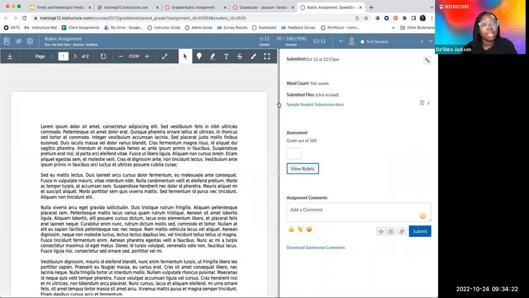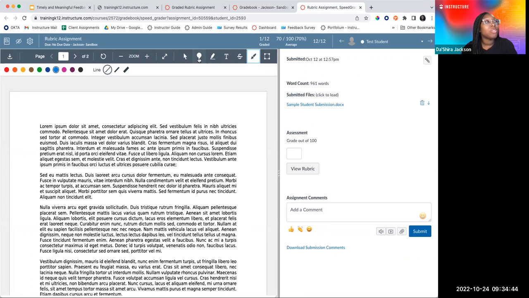And so this is an example of an assignment where a student uploaded a file. And you'll see up here, I have this toolbar. This is called the annotation toolbar, and this allows me to mark up that student work, very similar to pen and paper and that traditional feedback. If you like that, you can absolutely do that inside of SpeedGrader.